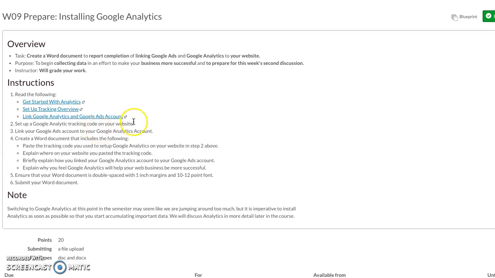So what is Google Analytics? It will track everything that happens on your website. How many visitors come, where they go, how they got to your website, what they do once they're on your website, and it creates invaluable data. And so if you think of a grocery store, they will pay hundreds of thousands of dollars for these studies fairly frequently, and it will track what customers do once they get in the store, where they look, where they go.